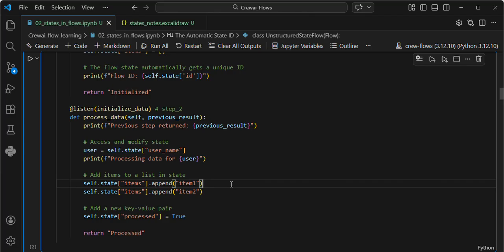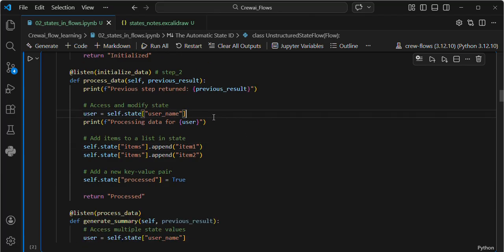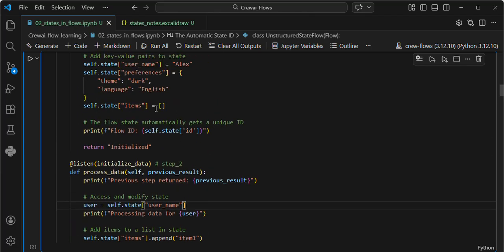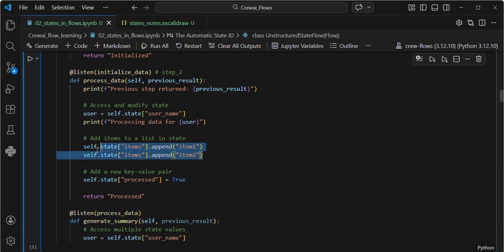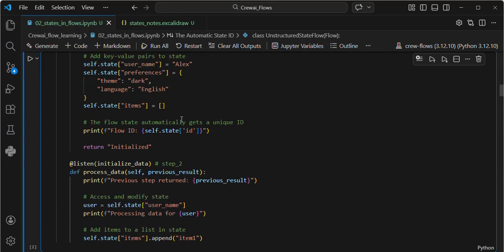Here I am modifying the key. In step 1, I am creating, and then I am accessing the username, and then modifying self.state items. In step 1, I am